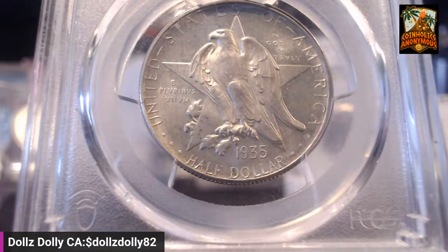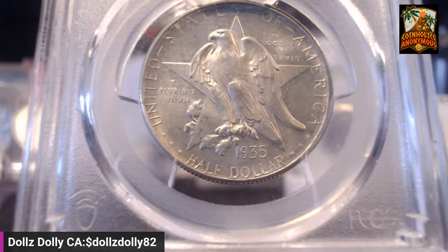All right, on the 1936 Daniel Boone Bicentennial, I have this coin as well. This one has varieties, so you have to pay attention to that when you